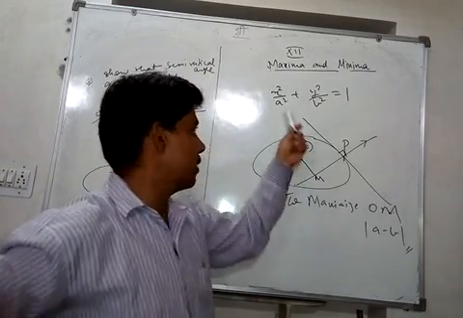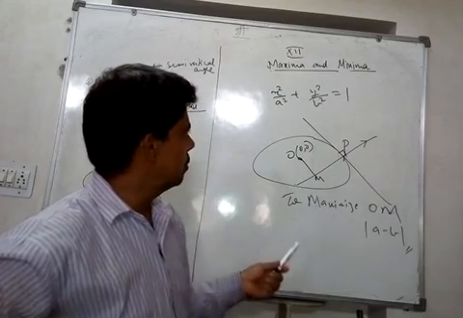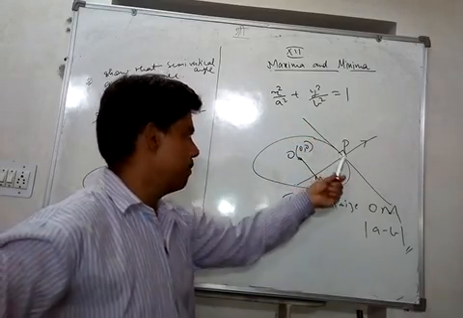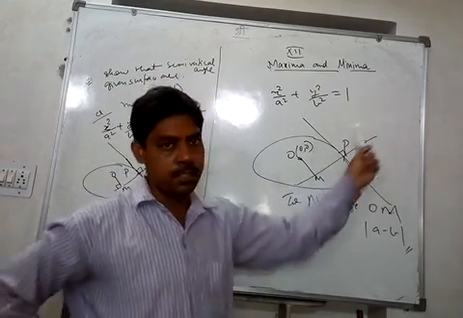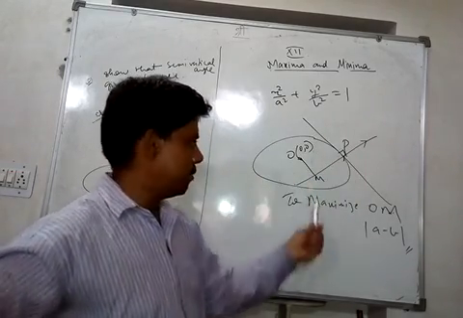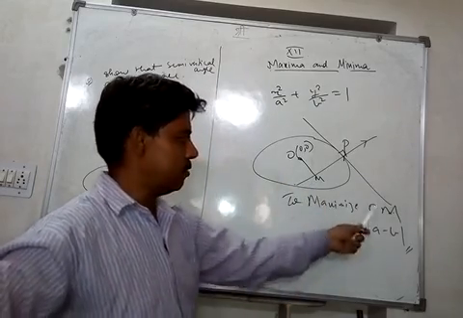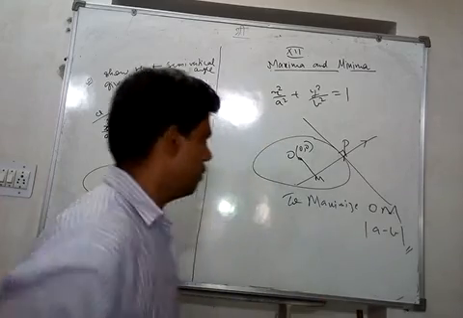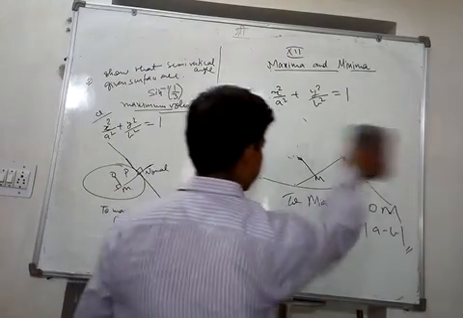There is an ellipse x square upon a square plus y square upon b square is equal to 1. So center 0 0. Semi major axis A, semi minor axis B, P any point on the ellipse, PM is the normal, and OM is the distance from origin. We have to maximize OM, and maximum OM is modulus of A minus B. This you have to prove. Okay. So how will you go about this? Let's start the question.